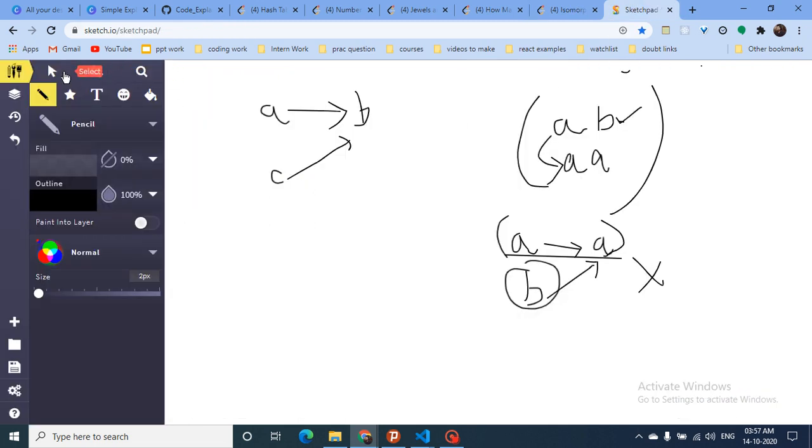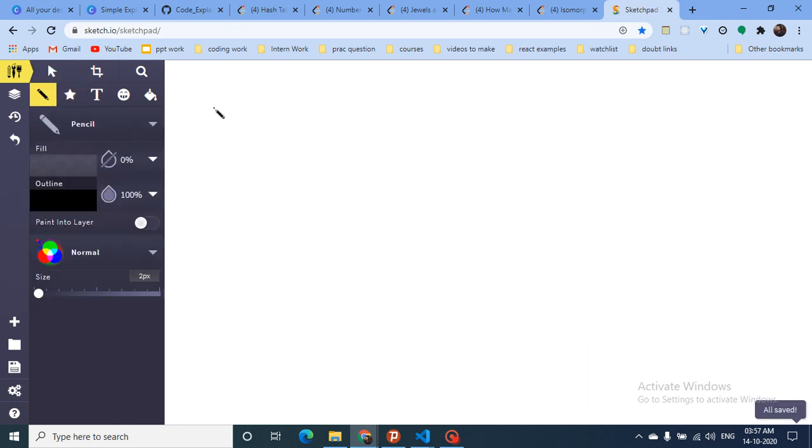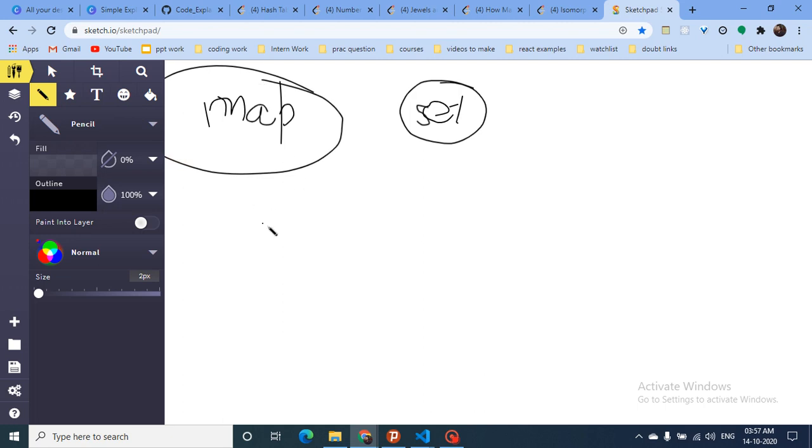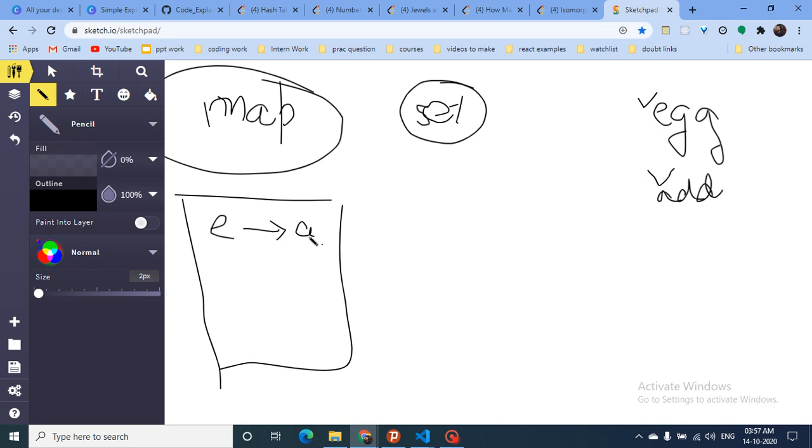So the main trick for this question is, you have to use two maps, or instead you can use a map and a set, whatever you want. I'll use a map and a set, but you can use two maps also. So how you're going to solve this question is, you can make a map, and take the same example, egg and add. So when you see E and A, you'll map E to A, which means that whenever I see E, it should map to A only. So I'm mapping E to A.